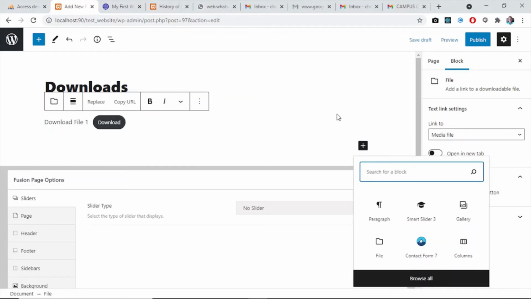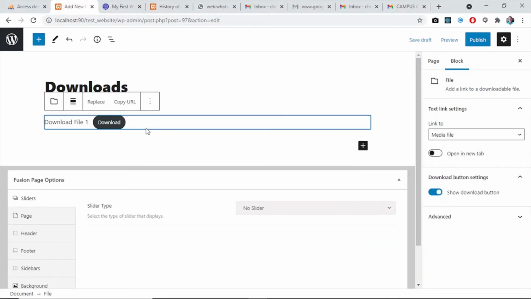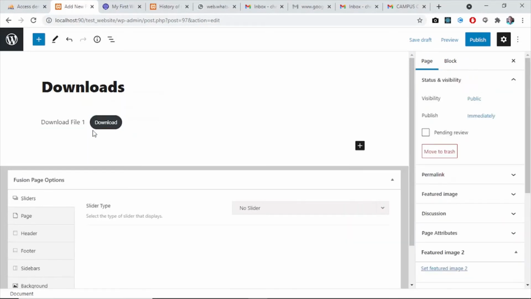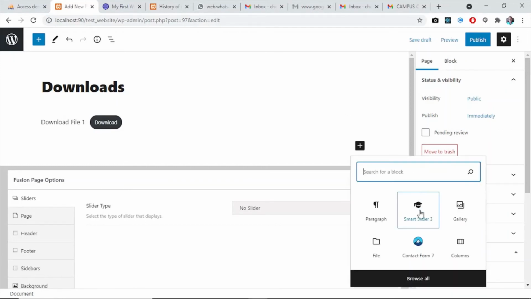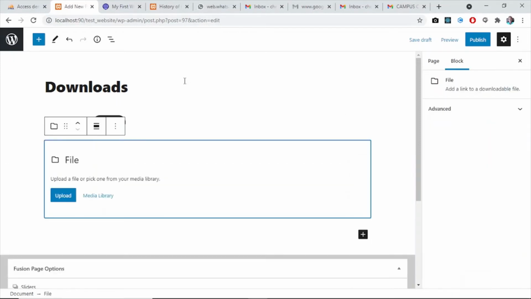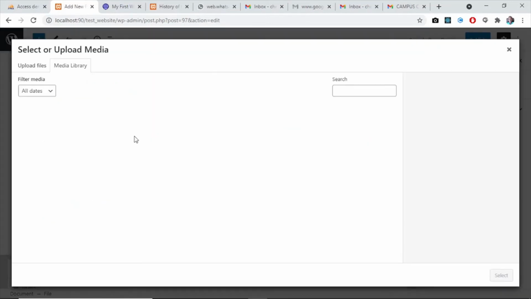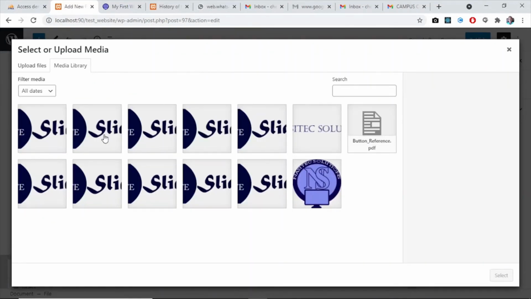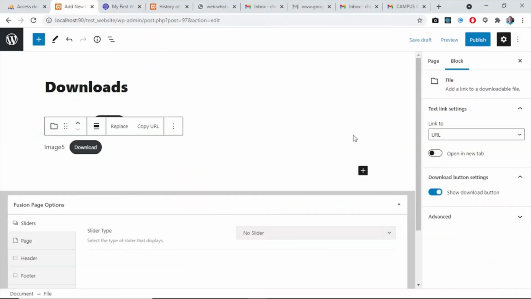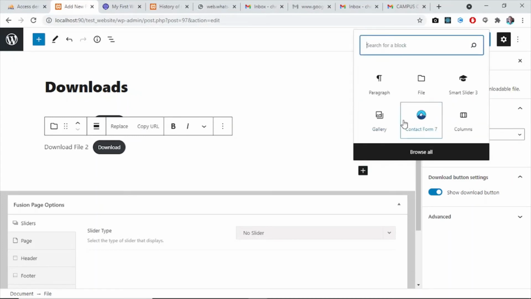We can still add more from the media library. Can add another image file, then we call it download file 2. Can still add the last one,